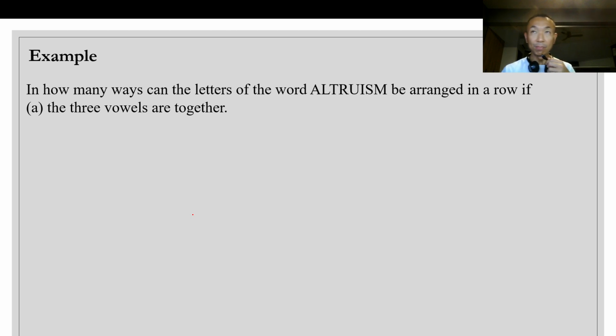Right, in this example, there are three parts to it. We'll take a look at how we can learn some new techniques where we have permutations with some restrictions. So, how many ways can the letters of the word altruism